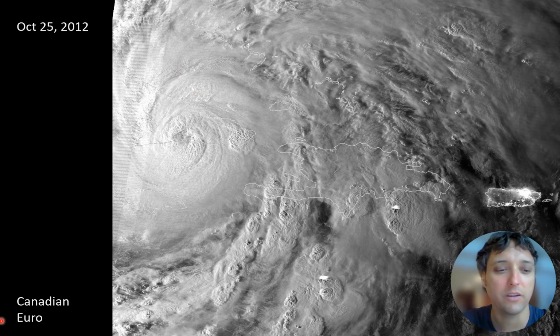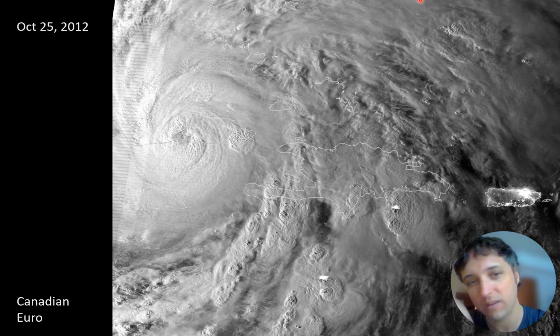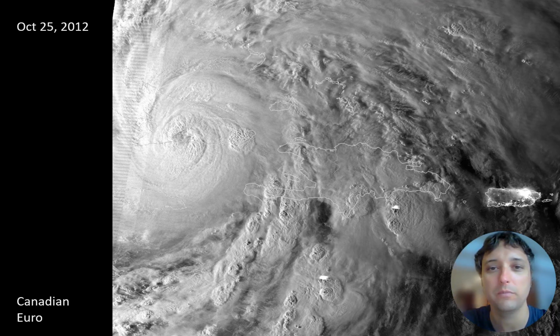But interestingly, the Euro hadn't fully backed off of the crazy model runs affecting the Northeast, and a few model runs of the Canadian weather model were also starting to hint that something unusual could be about to unfold, but other models such as the GFS had totally backed away. So people were keeping an eye on it, but it was still too early to tell. No consensus about what was going to happen.